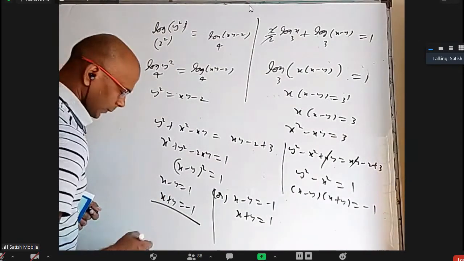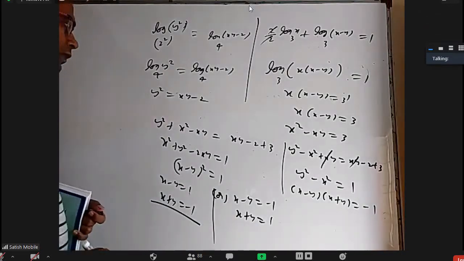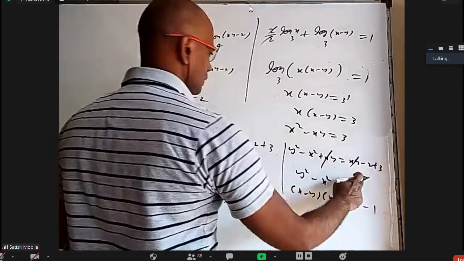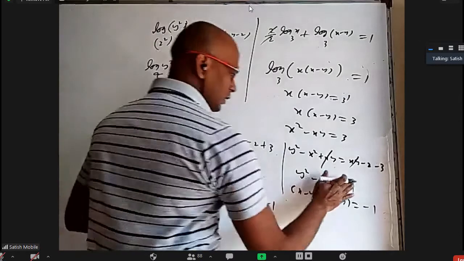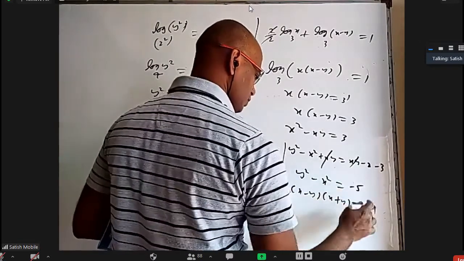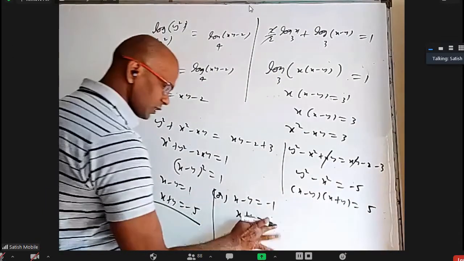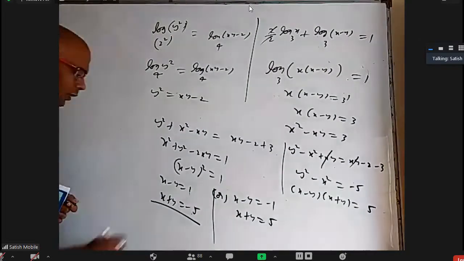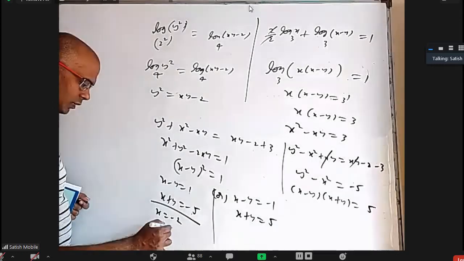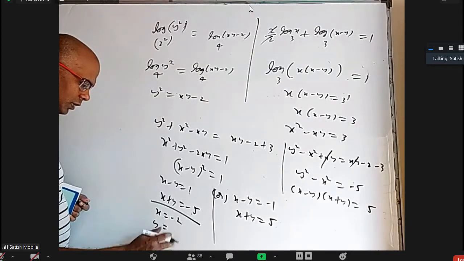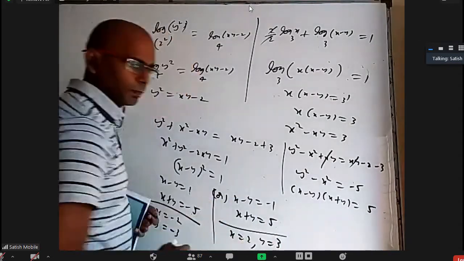So here 2x is equal to 0. Something wrong with the 1. Wait. I need to subtract, so this is minus 3. This is minus 3 means this is minus 5, so this is plus 5. So when I put 1, it will be minus 5. When I put minus 1, it will be plus 5. That is better. Now when I add, 2x is minus 4, I will get x equal to minus 2 and y equal to minus 3. If I take the other one, I will get x equal to 2 and y equal to 3.